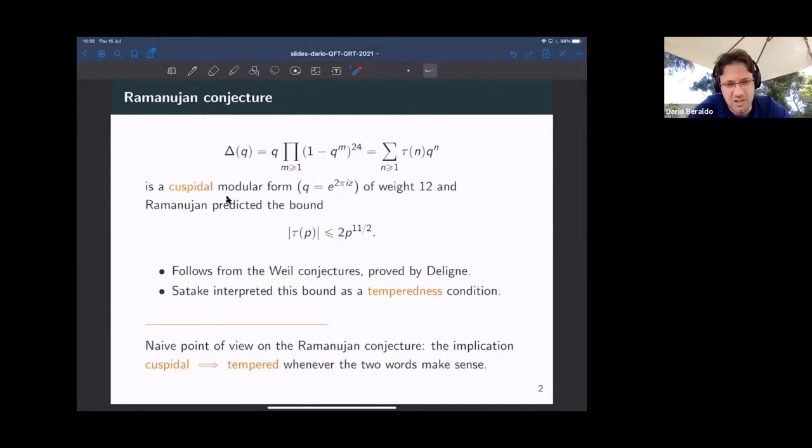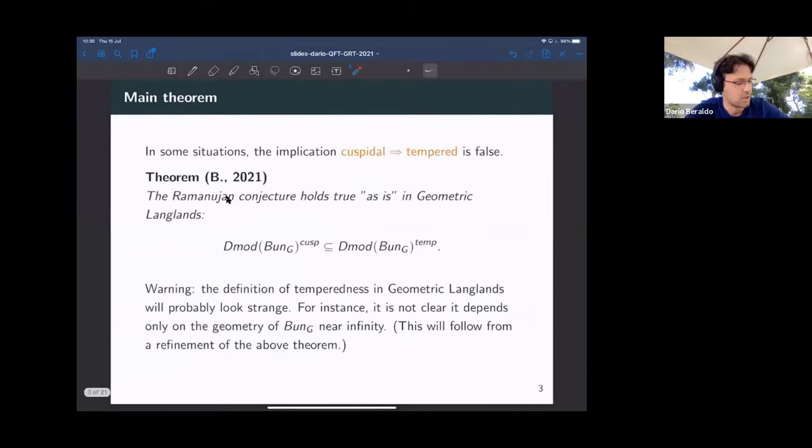Of course, this implication is absurdly general, and it cannot be true like that in all contexts. In fact, there are some contexts where it's already known to be false. But when it's false, maybe it's not too far from reality, so you need to add more conditions to cuspidal. Anyway, that's the general philosophy, which needs to be adjusted. So on the next page, the first sentence is what I just said, that this implication is absurdly general, so it's false many times.